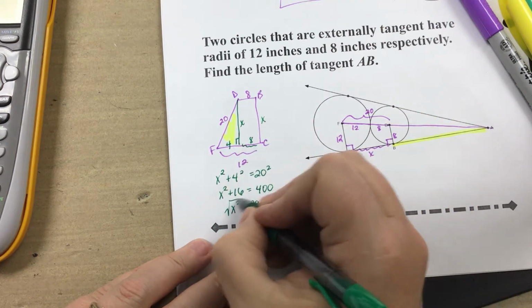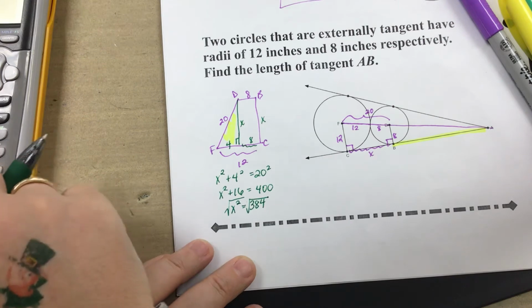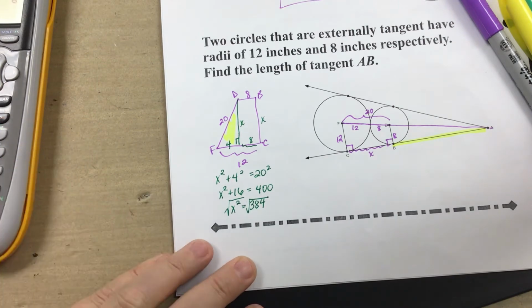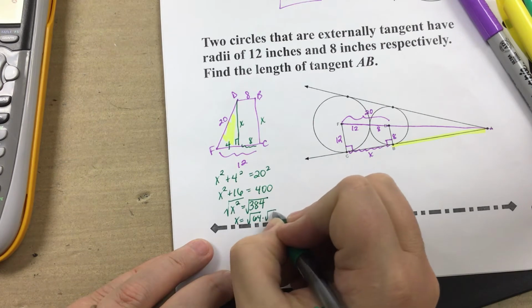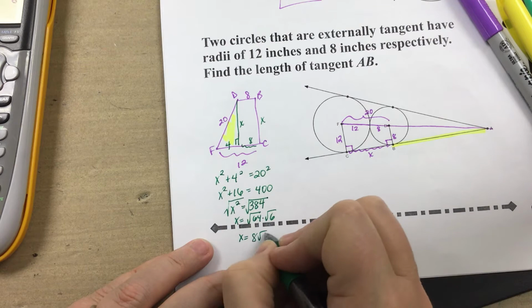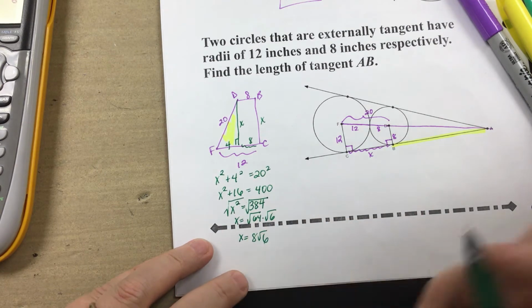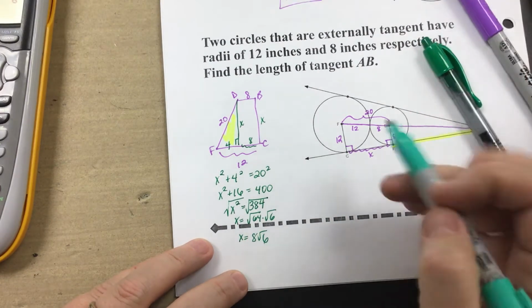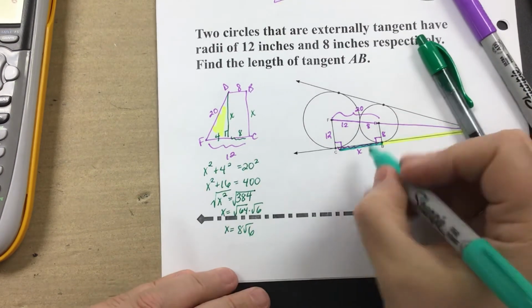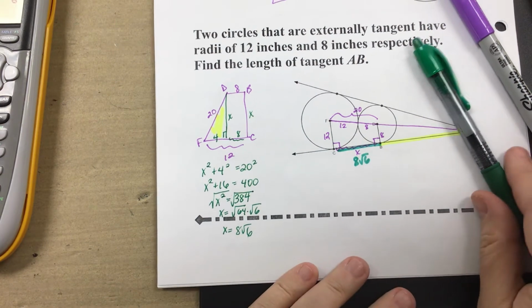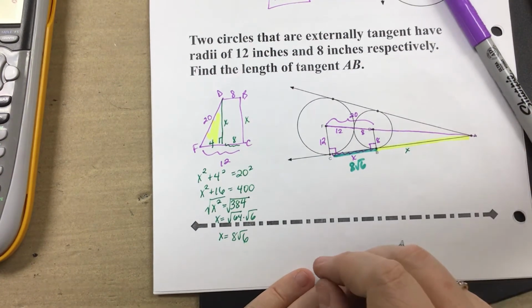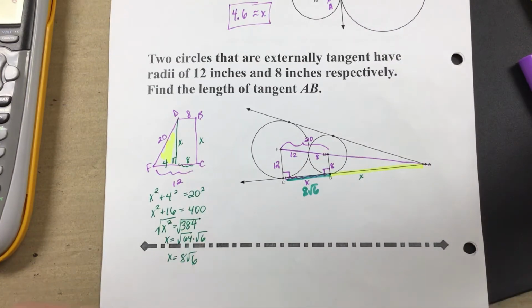And now I'm going to simplify. I'm going to take the square root of both sides. 384 is not a perfect square, but if I'm not mistaken, it's divisible by 64. So we're going to say it's the square root of 64 times the square root of 6. That's going to be 8 root 6. Now, that's not my final answer. That is just the segment right here, BC. Again, it's 8 root 6. But keeping in mind, I want to find AB. That's my final answer. So to continue with this, what I would recommend doing next is focusing on similar